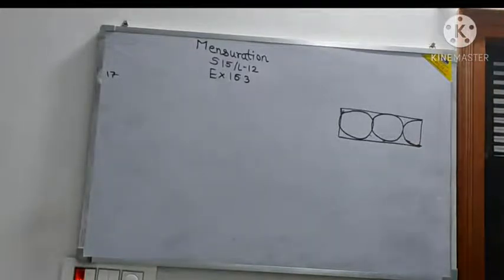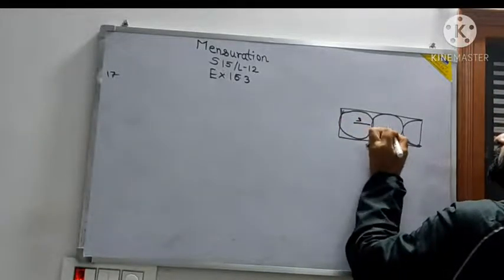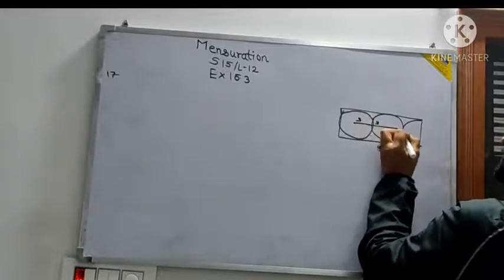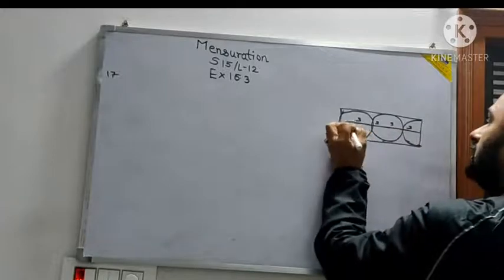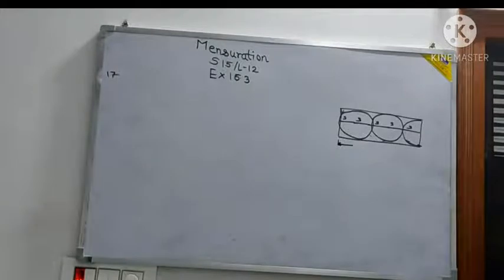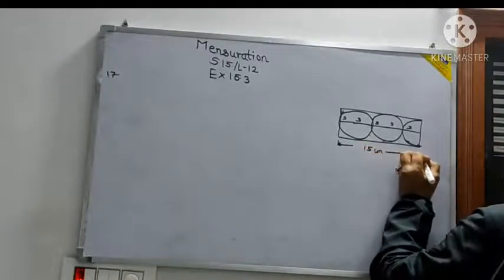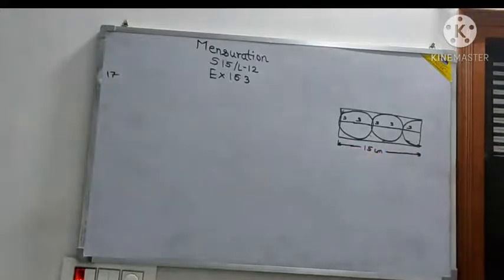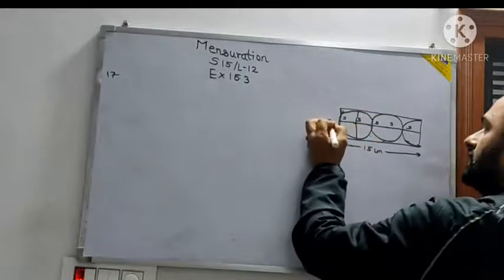It is given that 3 centimeter is the radius. If here it is 3 centimeter, this also will be 3 centimeter, this also will be 3, and this will be the center, so 3, this also will be 3. So this together will come as 5 of these, 15 centimeter. Yes or no? Got it? 15 centimeter, because all the centers are aligned. If you take the vertical side, it will be 6 centimeter.